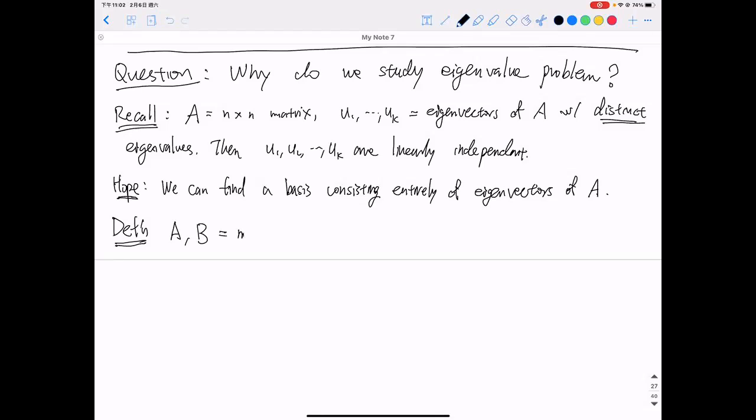Suppose you have n by n matrices A and B. The concept being defined here is: A and B are similar